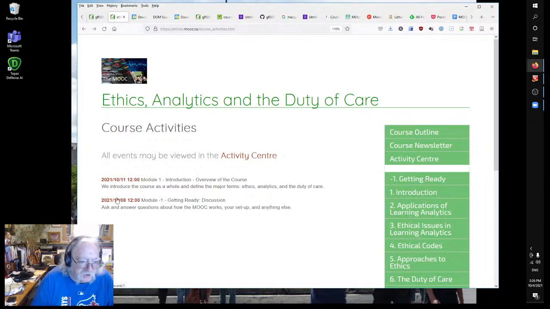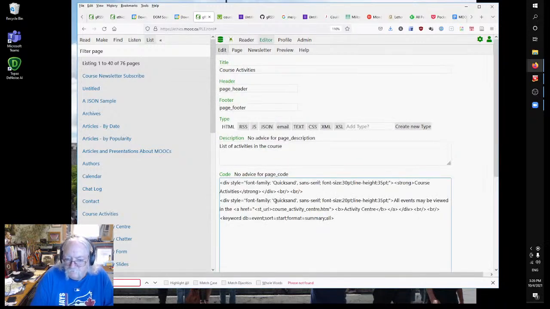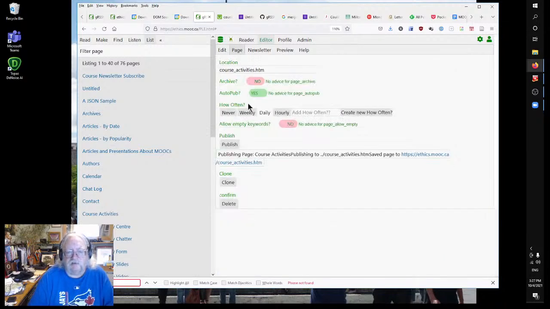So the order is backwards. So maybe we want to fix that as well. So let's edit div sort equals start, and that's not right. Sort equals begin. Okay, so we'll publish this page again,